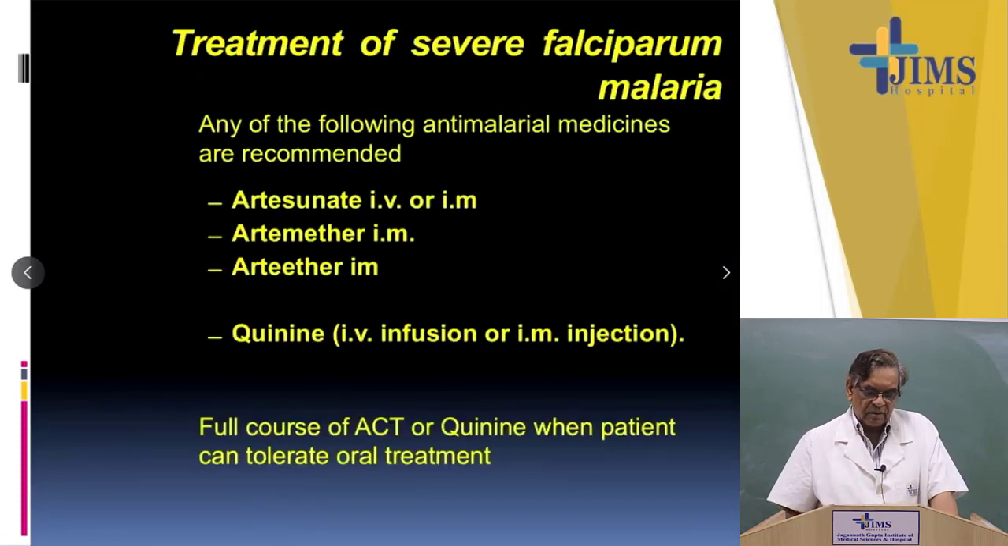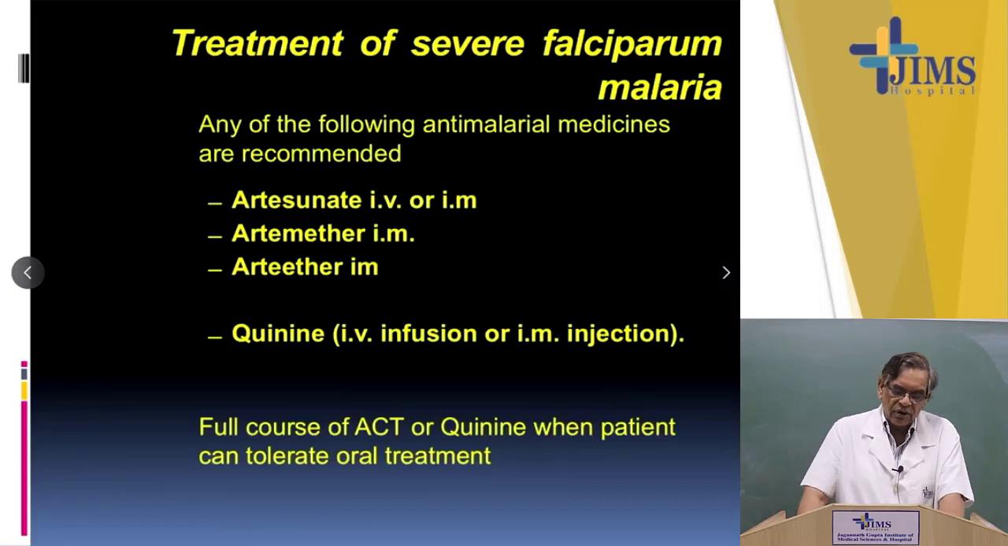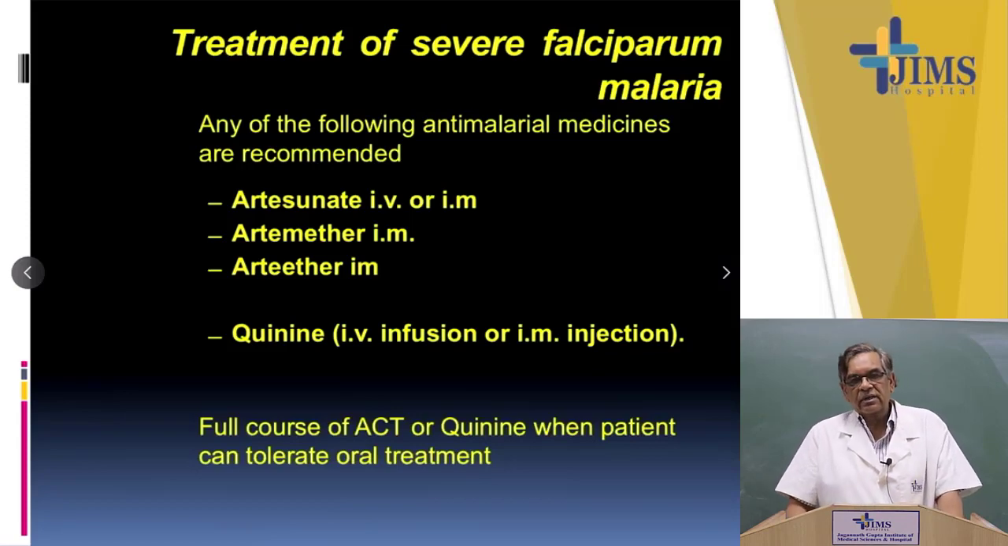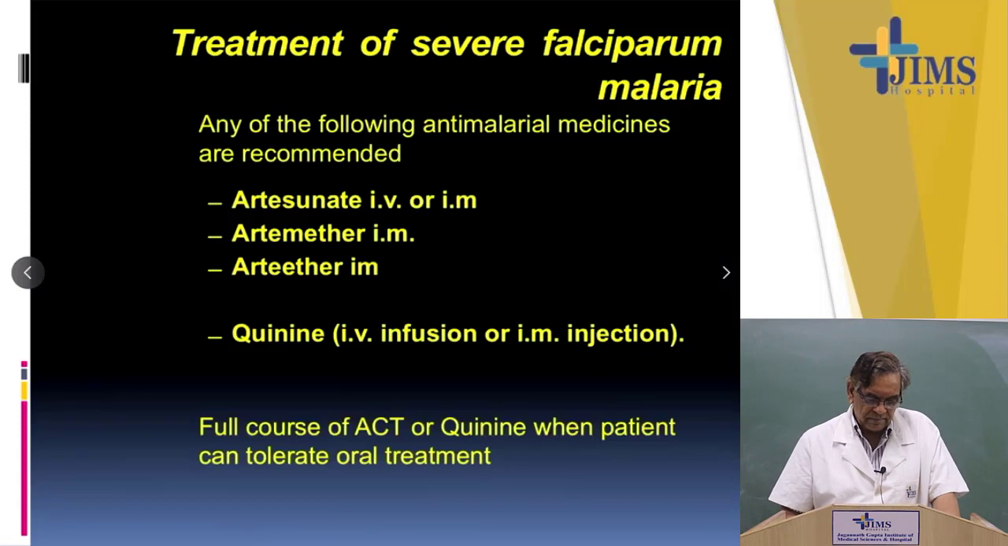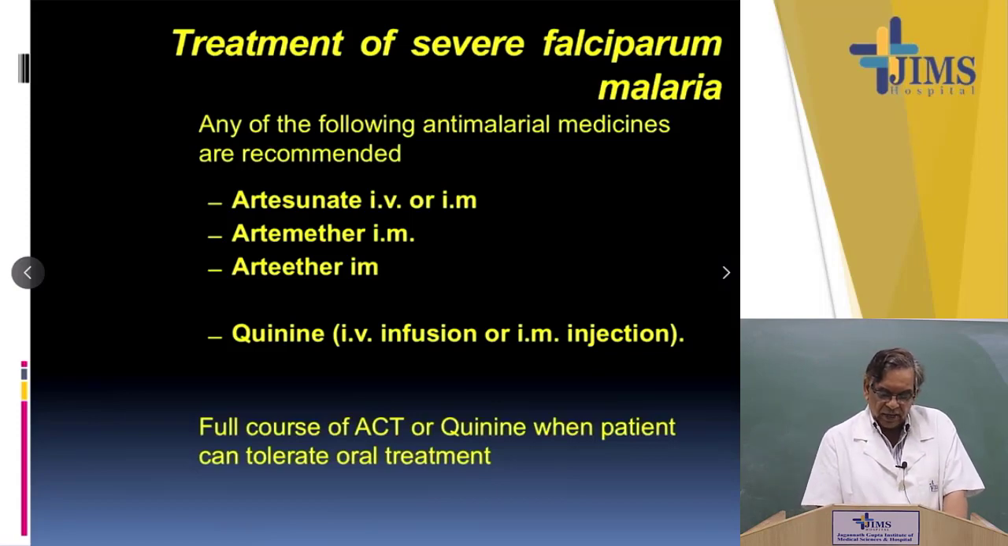Treatment of severe falciparum malaria. Any of the following antimalarial medicines are recommended. You can give artesunate intravenous or intramuscular, artemether intramuscular, arteether intramuscular, or for that matter, even quinine as IV or intramuscular. But remember one thing, the full course of ACT or quinine,